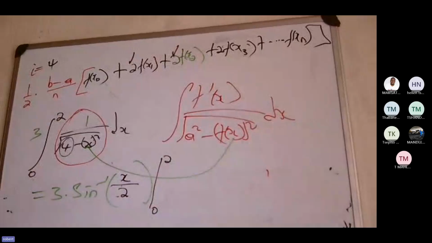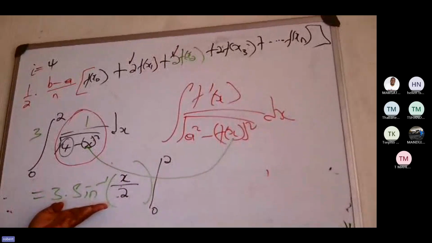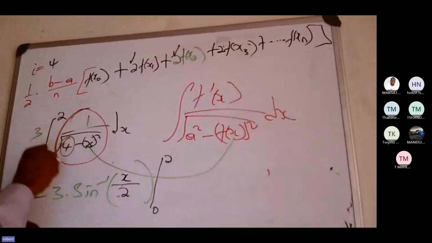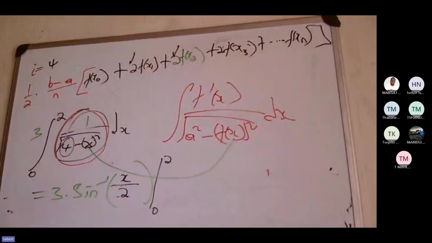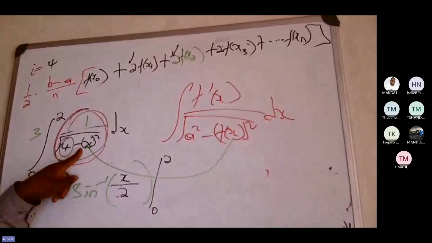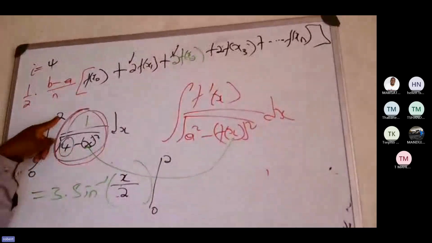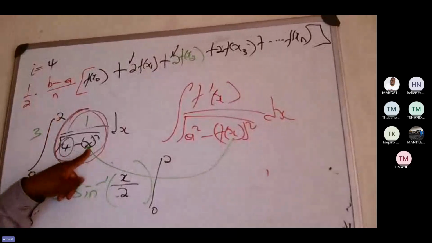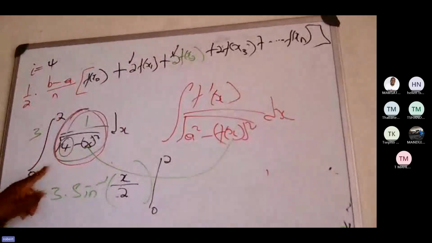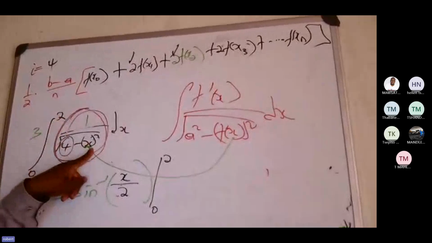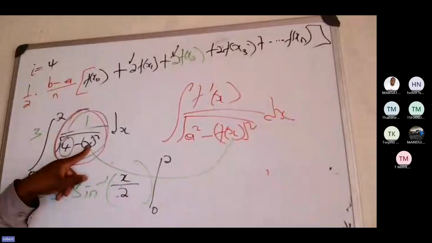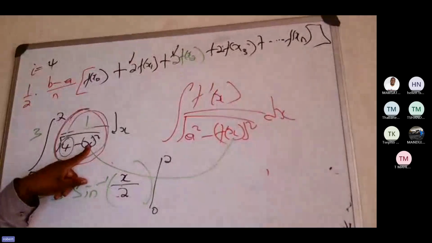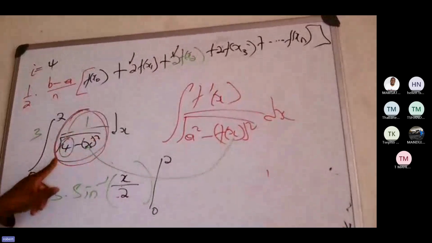Hopefully that makes sense. But how are you going to interpret this? Are you going to say it is the area under this curve? The answer is no. It cannot be the area under this curve. Why? Because this function is not continuous from 0 to 2. When x is 2, it's not continuous at the upper limit. Because when x is 2, then this will be 3 over the square root of 4